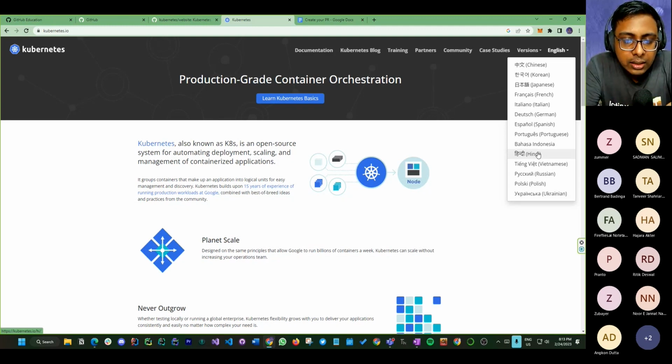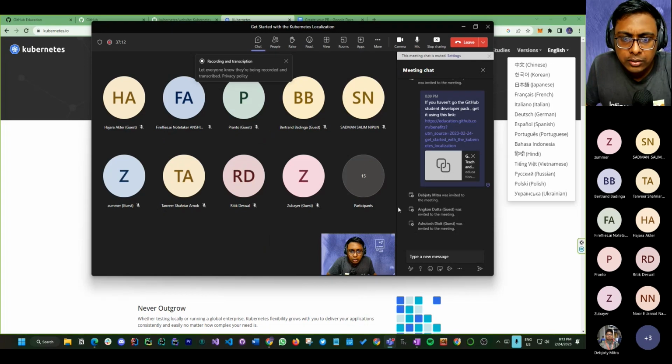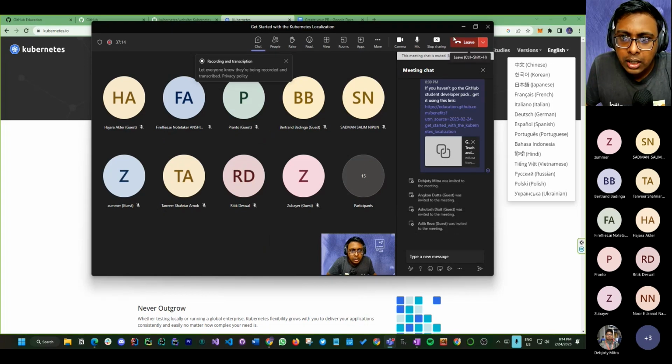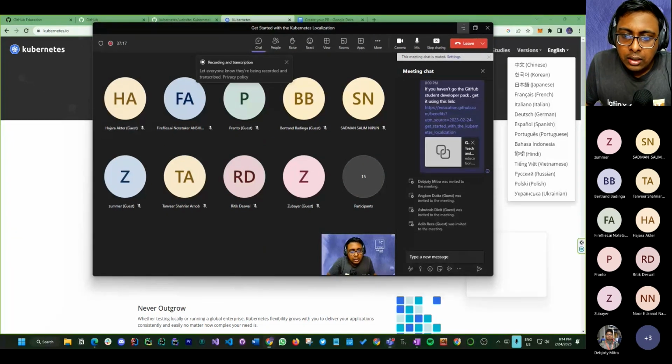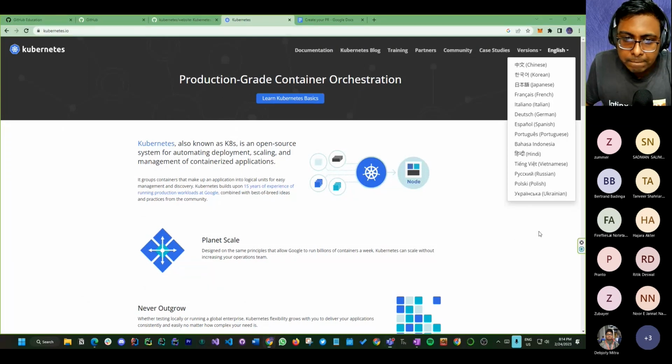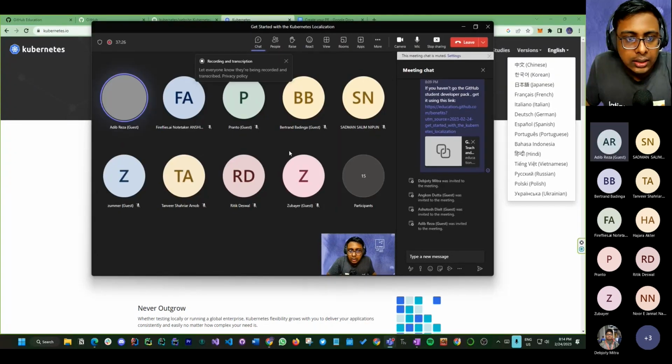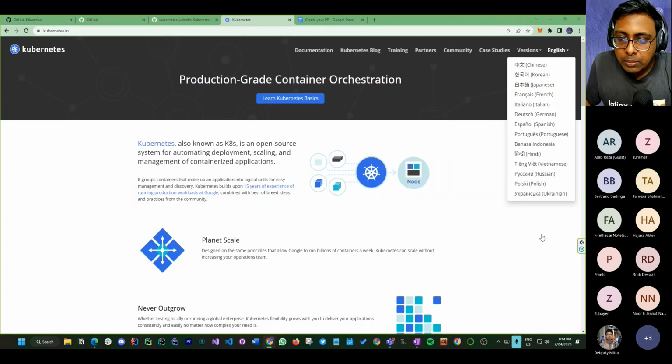For that, you have to stay with me on how you can contribute. Let me show you. Debjot and Arnab, if you are here, I think you can let people enter. Okay, let me continue. If you are not muted, kindly mute yourself. Adip, can you mute yourself? Okay, you are muted. Now let me continue.